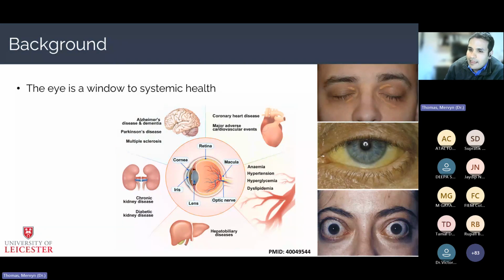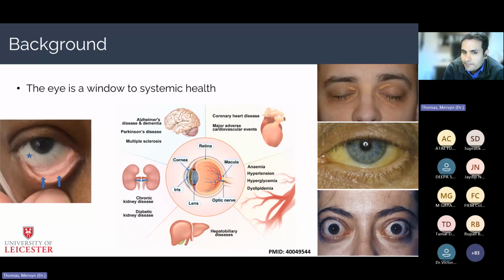And understandably, ophthalmologists have often been the first to spot systemic disease. And this is historically a noteworthy thing. So even before CT scans and ophthalmoscopy, the ways we could identify a systemic disease was some of these early manifestations in the eye. And this is just a last image showing that, you know, the